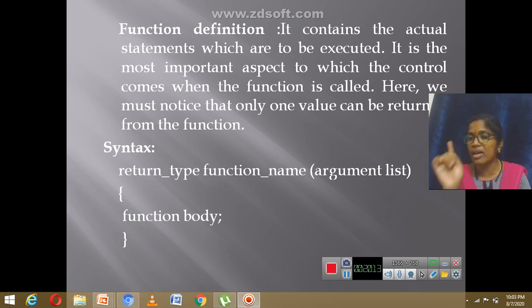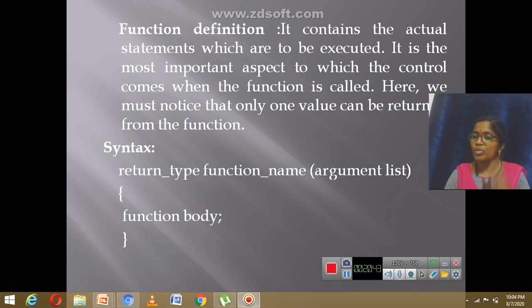Without arguments it can also be there; I'll explain that further. And then the body of the function. So this function definition can be divided into two. The first part is called the function header, whereas the second part is called the function body. The set of instructions which tells what we need to do is the function body.